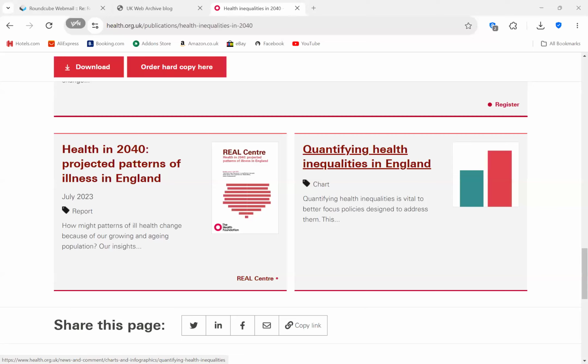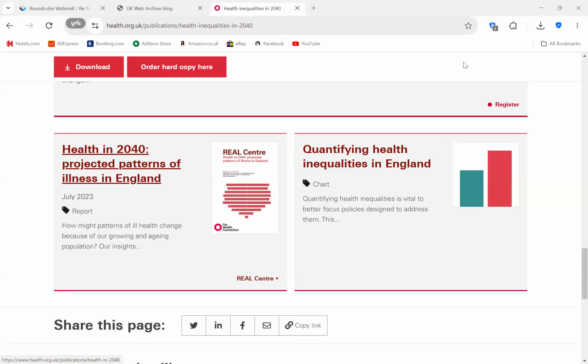so yeah, as I was saying, just a minute, I'll share my screen again. So if I open up this topic, health inequalities, for instance. As I said, you would want to read these reports. For instance, if I want another report, I'm just wanting to see quantifying health inequalities in England, or